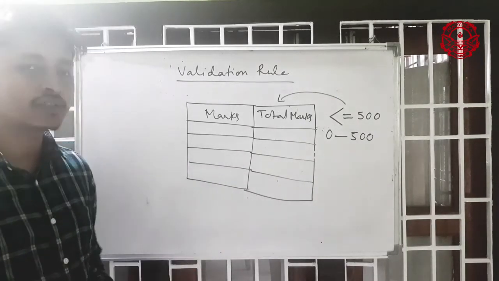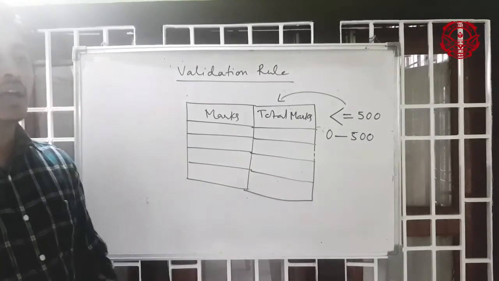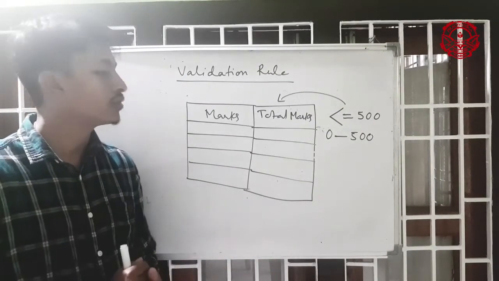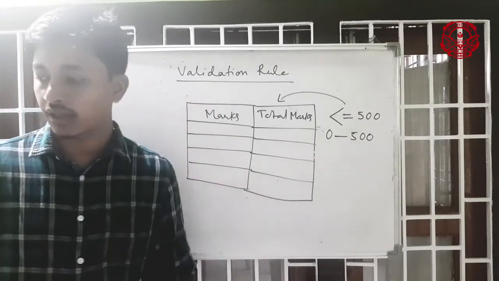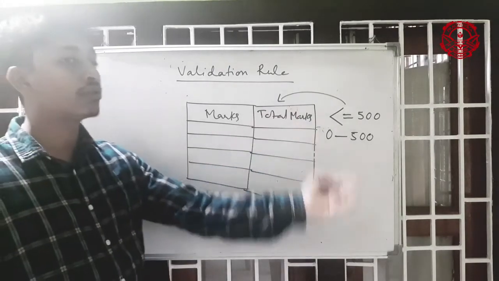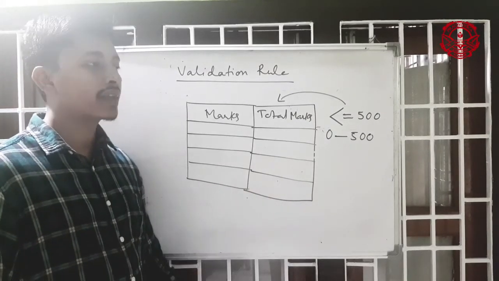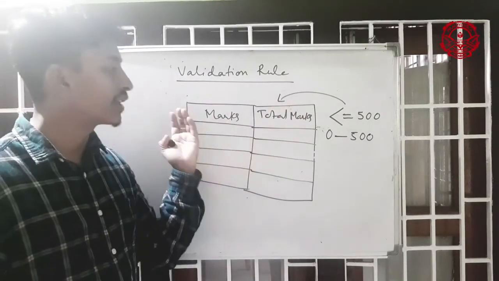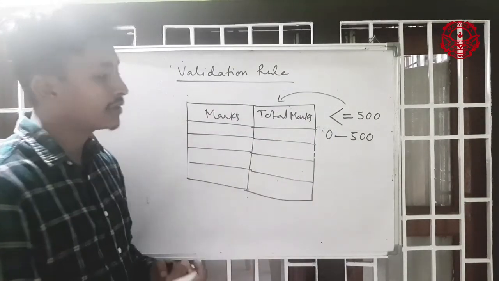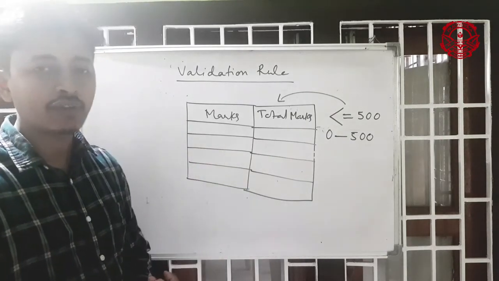So I think you understand these topics. If you do not understand these things, please comment, or clear your doubts in the doubt clearing session. Today I think you understand working with fields: how to create fields, how to add a new column, how to delete fields, how to change the properties of any field, and also the validation rules. You can work with any fields.